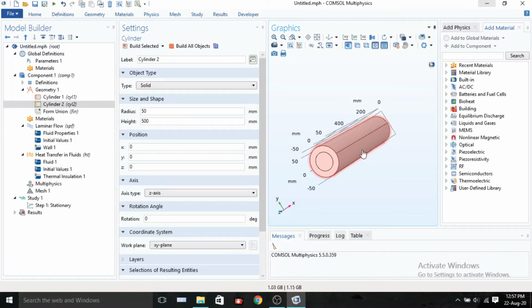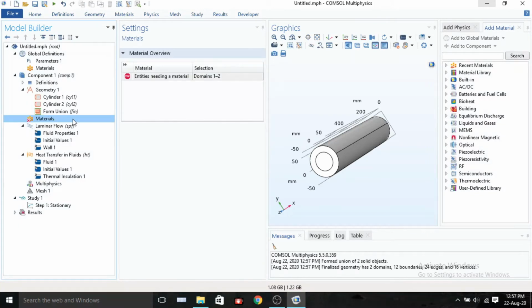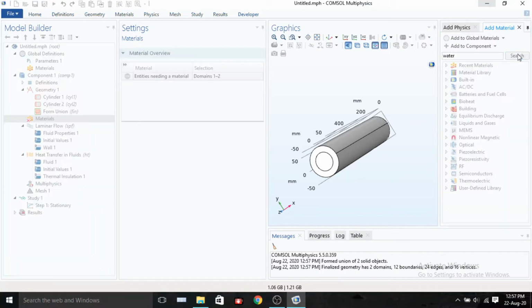Now go to materials and choose add material from library. Use water as the cooling media.